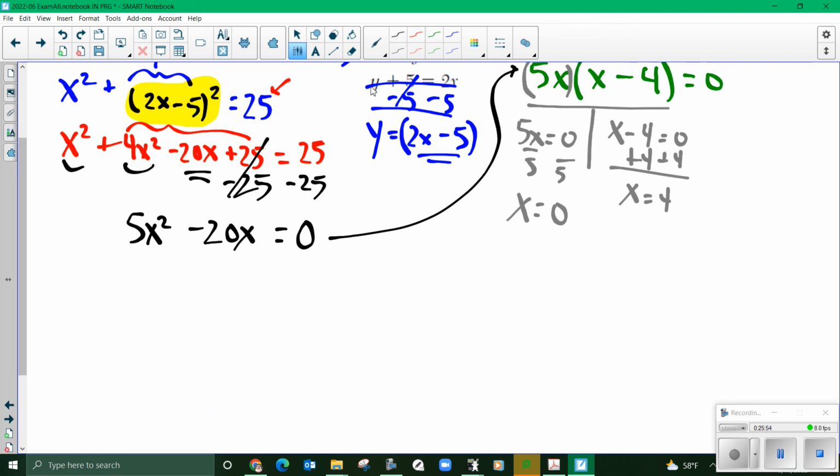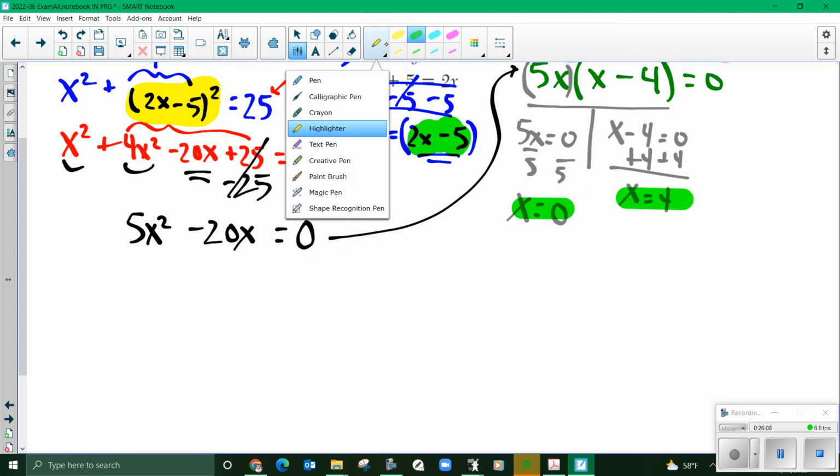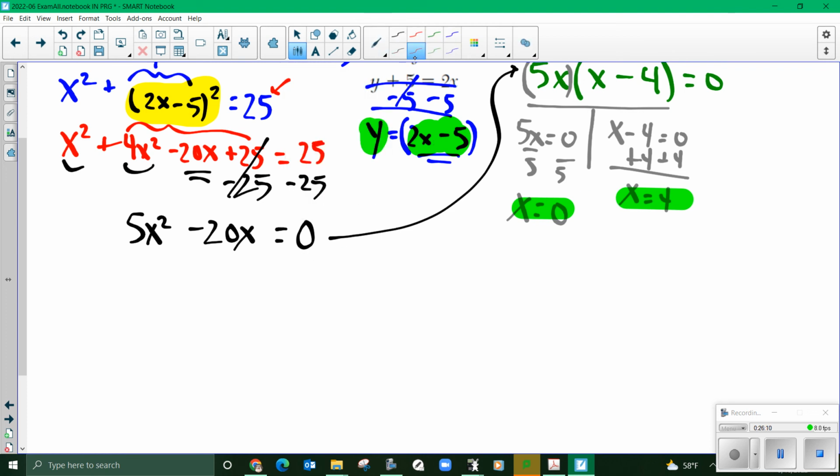How do I get the y? Well, it's a good thing we have this right here. Y is 2 times whatever x is minus 5. So I've got to substitute both of these values into that equation to find out the y for each one. So if y equals 2x minus 5,